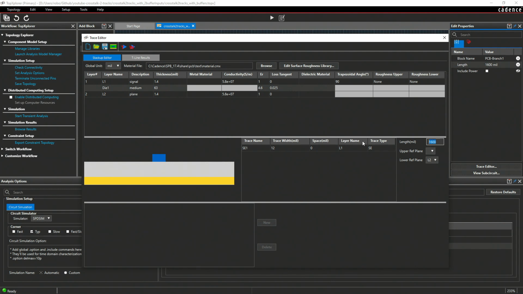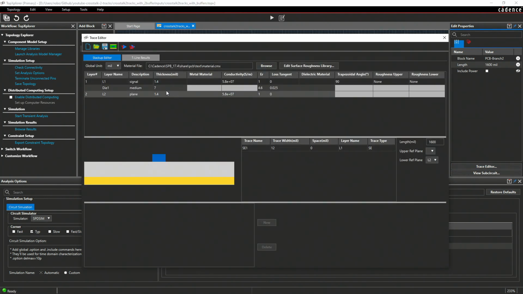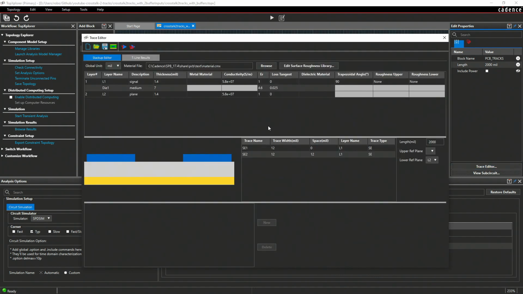So I'm going to put here like 8 mils. On this other one, I'm going to change the stack up again to 63. Length will be 16 mils. And here, I'm going to change the stack up to 63 and change this length to 20 mils.